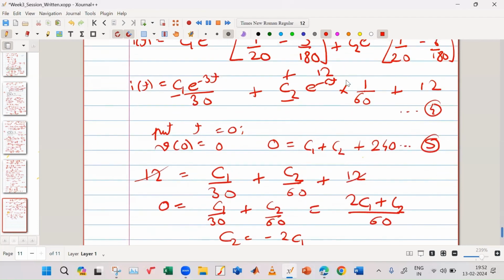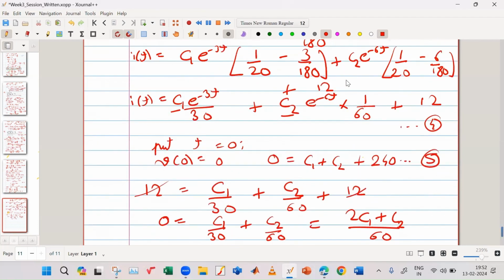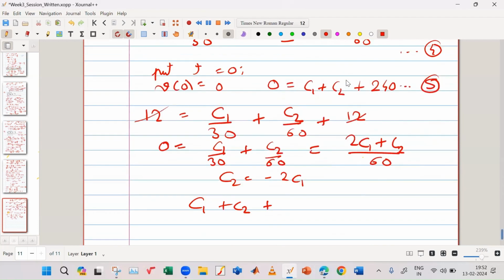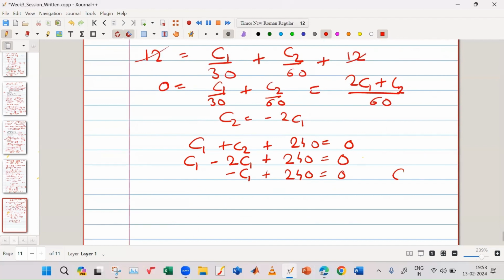That we substitute over here. So what do we get? C1 plus C2 plus 240 is equal to 0. We put C2 is equal to minus 2C1, so we get C1 minus 2C1 plus 240 is equal to 0. So minus C1 plus 240 is equal to 0, C1 equal to 240. So C1 is equal to 240 and C2 is equal to minus 480. Okay. So you substitute this in your V of t